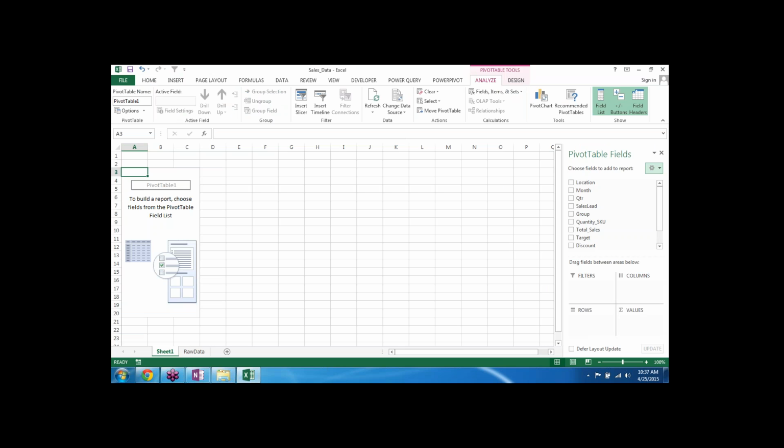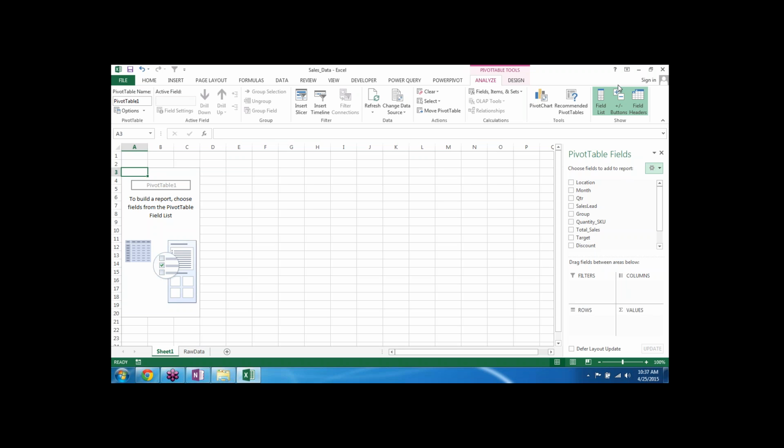Now whenever you get a pivot, this is the screen that you get. So we have a pivot placeholder, we call it, and on the right hand side you will see the list of fields that we have. And these four quadrants are very interesting. This represents the different sections of the pivot. We can use filters, we can use values, and rows and column data we can also put within a pivot.